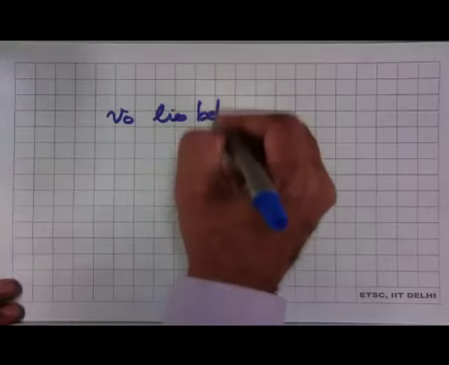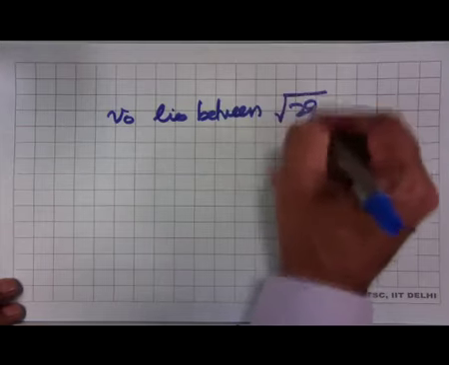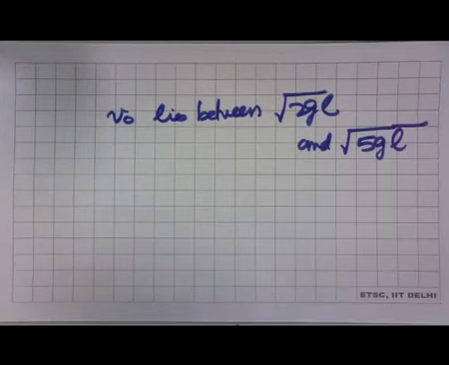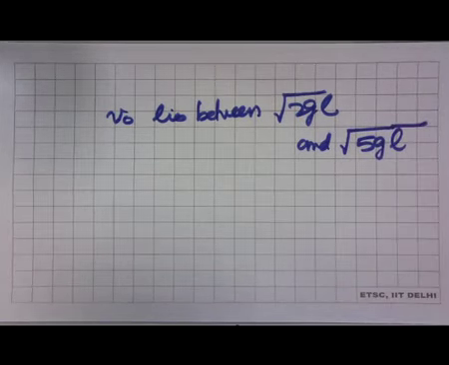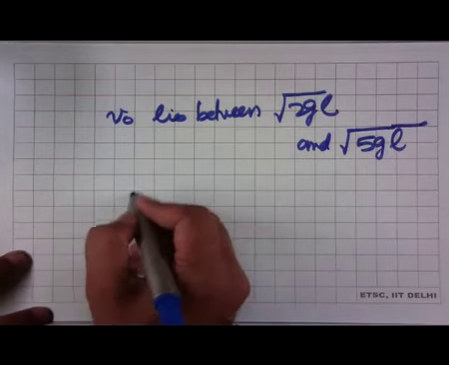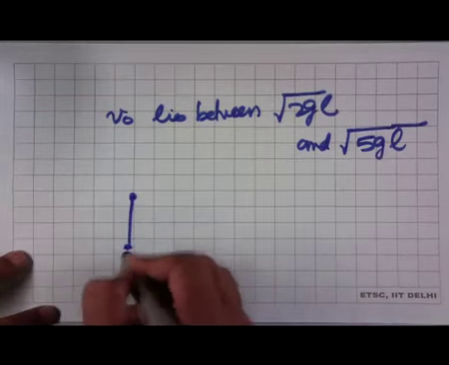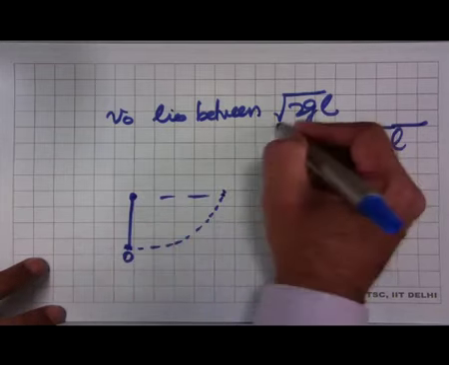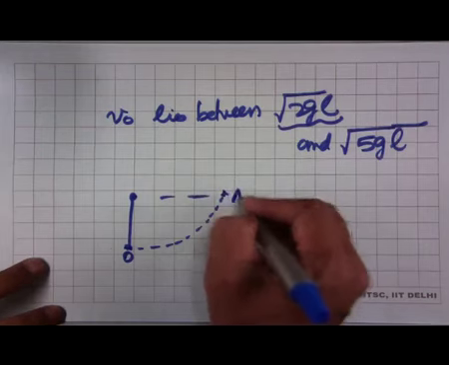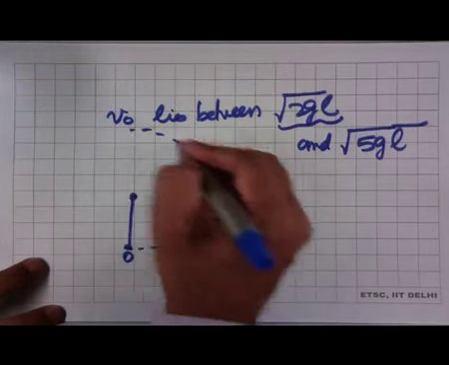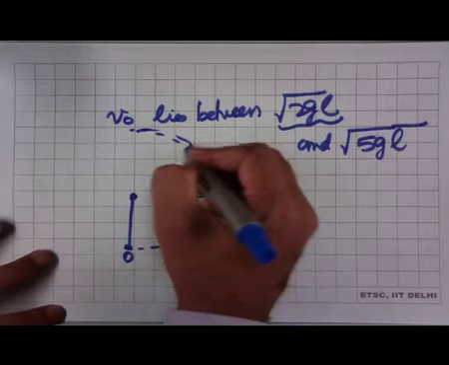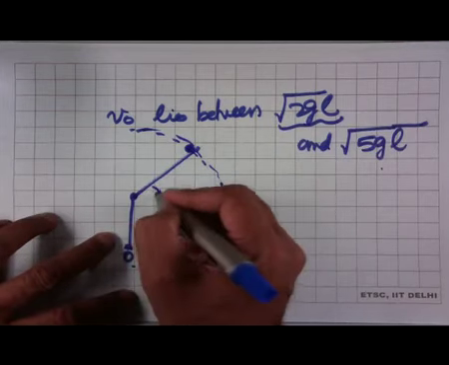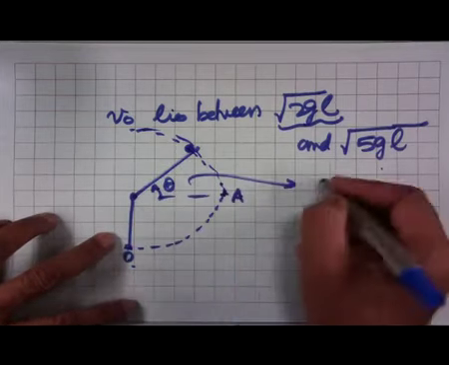Now, what happens if V0 lies between root 2 gl and root 5 gl? If V0 lies between these two values, the particle, let us say it starts from velocity 0, moves here. Because the velocity is greater than root 2 gl, it will go past the point A. I am just showing this full circle, but depending on the magnitude of V0, somewhere here, at whatever this angle theta is, the particle